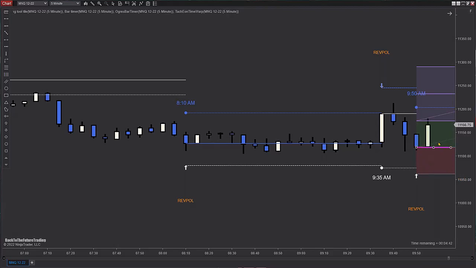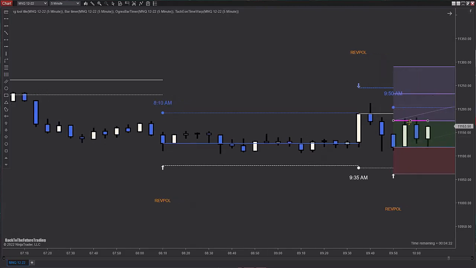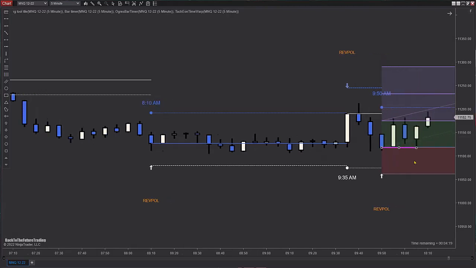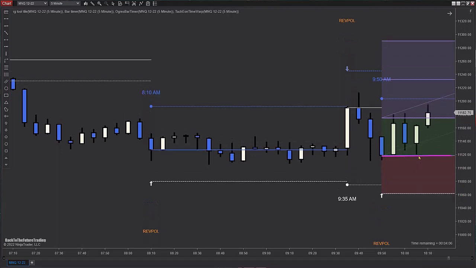So the idea is if we get a candle touching where target 2 would be, maybe we can move our stop to where target 1 was, or maybe we need a candle that closes above this next standard deviation. So right now we're at break even. I don't know. Oh no, we would not have been stopped at break even. That's cool. See, I don't really like doing plus that many ticks when it comes to break evens. This is actually pretty rare that I've seen in this strategy getting even close.